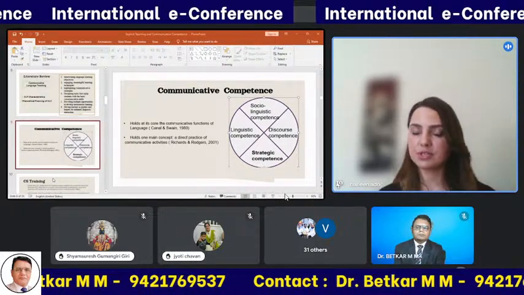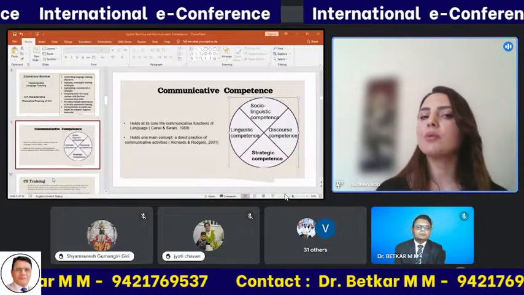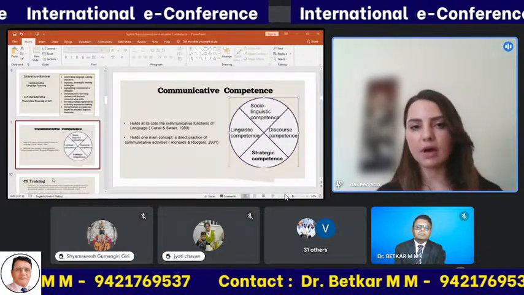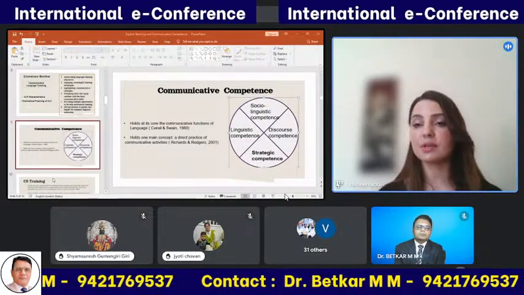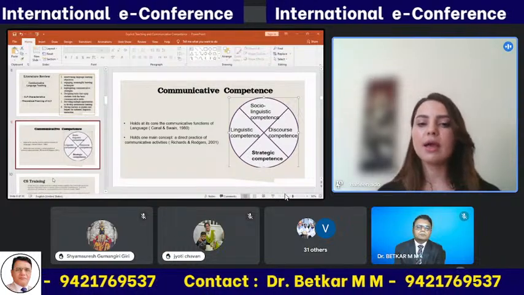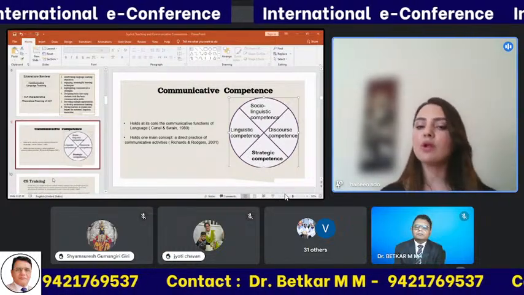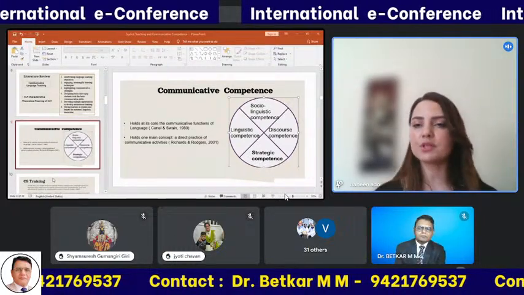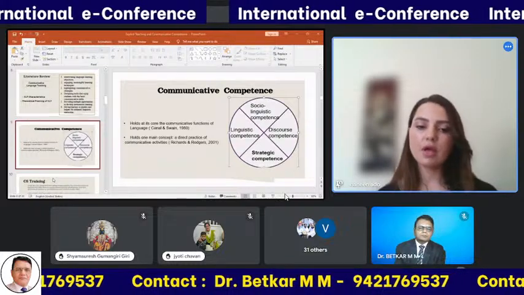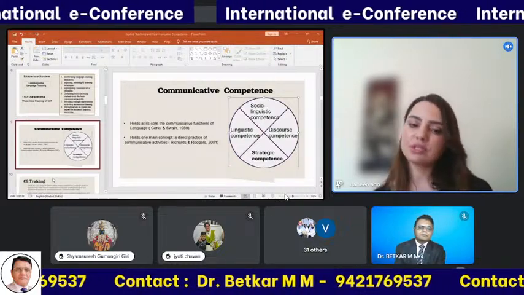of the researchers here. One more thing about communicative competence, if you notice, I have these four dimensions to the right of the screen. So communicative competence is one holistic approach. So I'm not focusing on one, I'm not focusing on the other, because it has four dimensions that target the